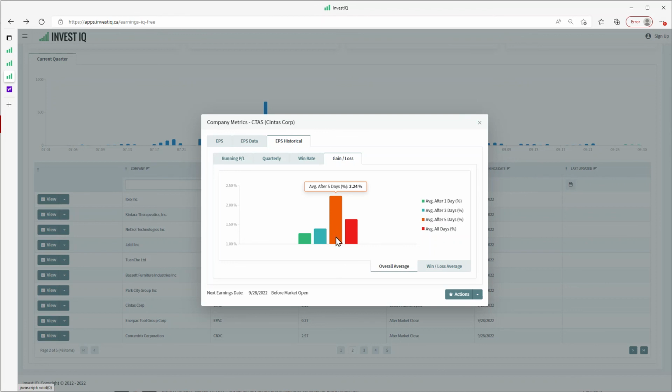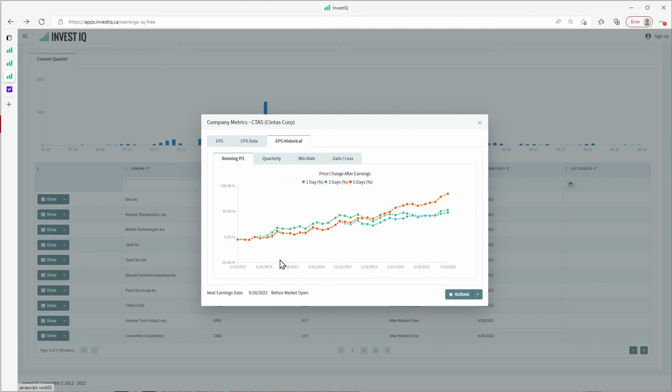And you see something else here, which is you've got a relatively monotonic increase in the returns when you've got a longer holding period. So if you bought it the day before earnings, sold it the day after, you'd make 1.28 on average. Hold it for another couple days, you make 1.4. Hold it for another little while longer and you make 2.24. So we like that. We like the fact that there is a history of increase in the 1, 3, and 5 day period across whatever the history period is here. So in this case, 2013 until 2022, right? But that's a quick rundown of